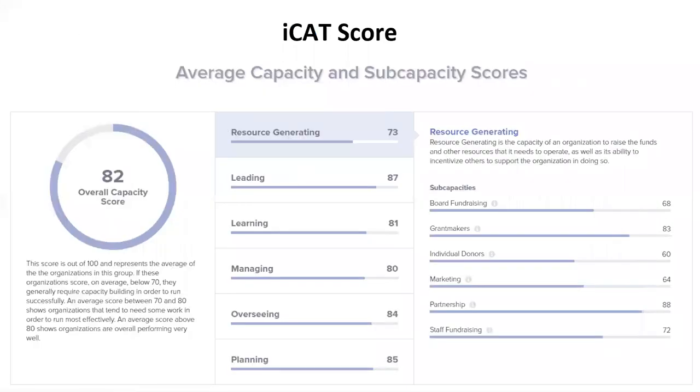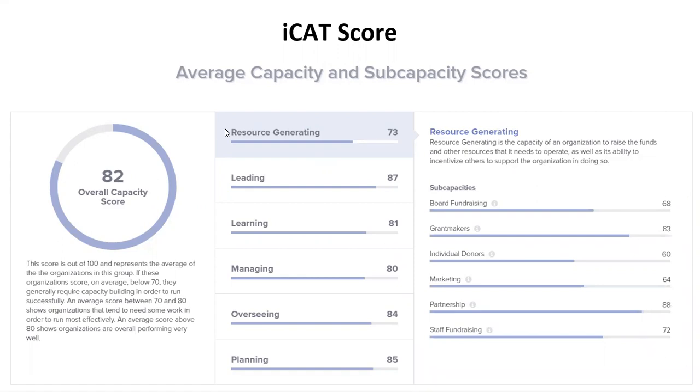What you will see once you have gone in and once you've taken the survey and are looking at your report. So the score, as you'll see, there's an overall capacity score. There are scores for each of the core capacity areas, and then each of those core capacity areas do break down into specific scores for subcapacity areas.